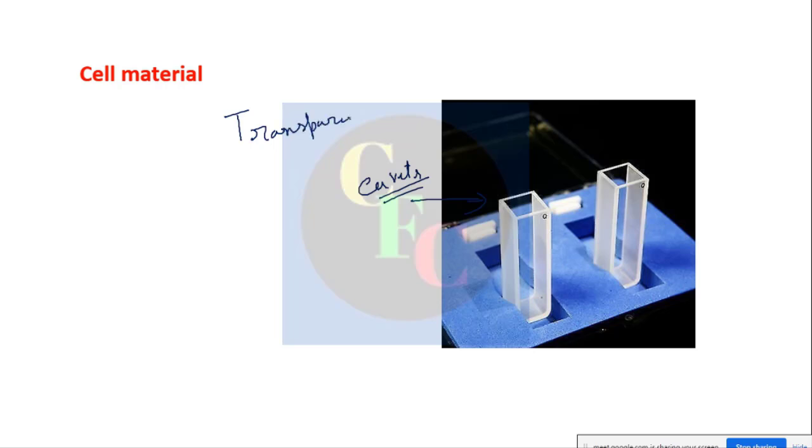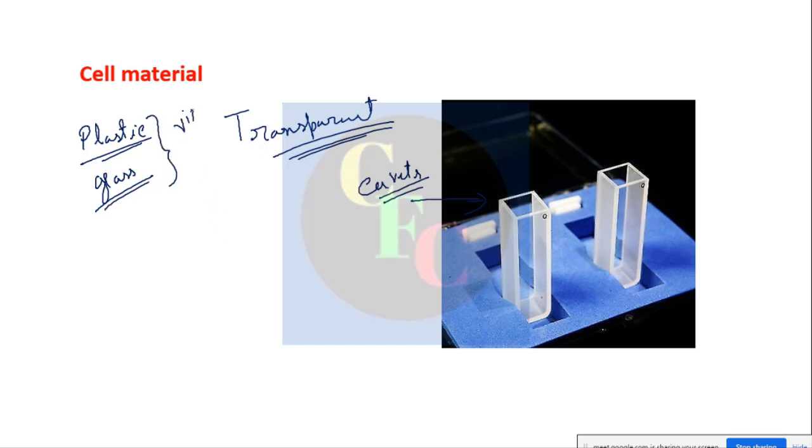Transparent. Now, this term transparent, as we say, for example, to us this common glass is transparent, right? If you have plastics, I mean colorless plastic, that is also transparent. So plastics can work as a cell material, also glass, right? They are used as cell materials, but this is possible only in the visible region,